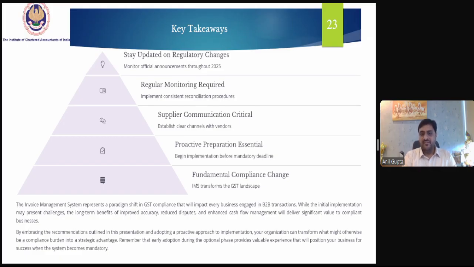Approach a proactive preparation, begin implementation before mandatory deadline. Fundamental compliance change: IMS transforms the GST landscape.